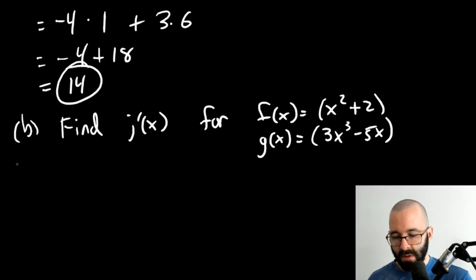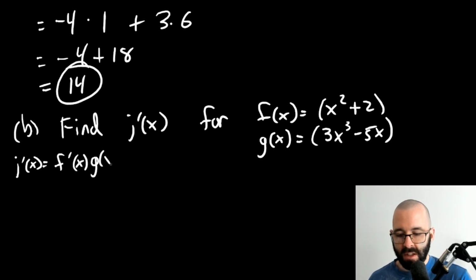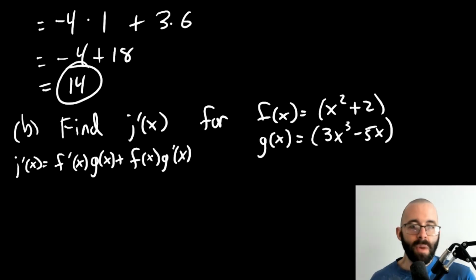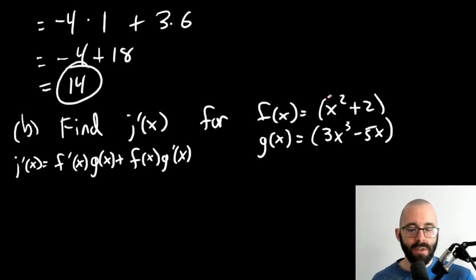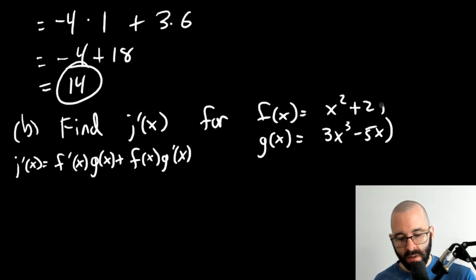We used the product rule, right? j prime of x is f prime times g plus f times g prime. So all we have to do is evaluate these derivatives. And these parentheses aren't necessary here. Parentheses are only necessary when you have multiplication and other more complicated operations. But if you just have addition,